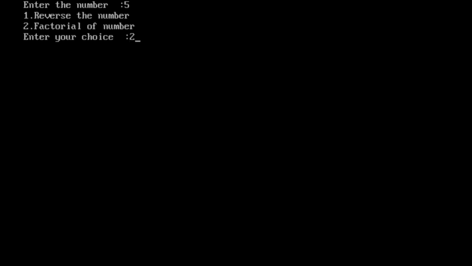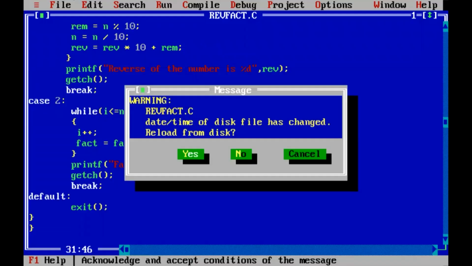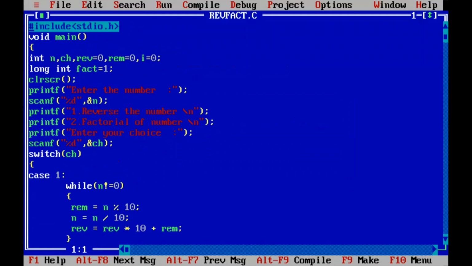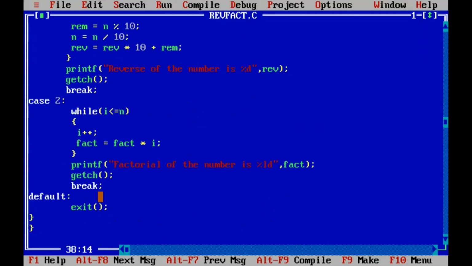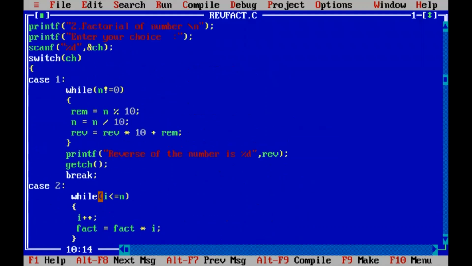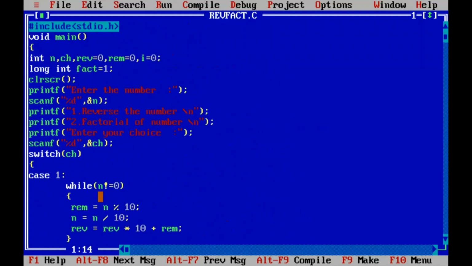So okay, now why am I getting 720? Somewhere some mistake is there. I value is, anyway, I'll fix it and show you what error was there. Why am I getting 720? I can't understand. I'm incrementing I value.